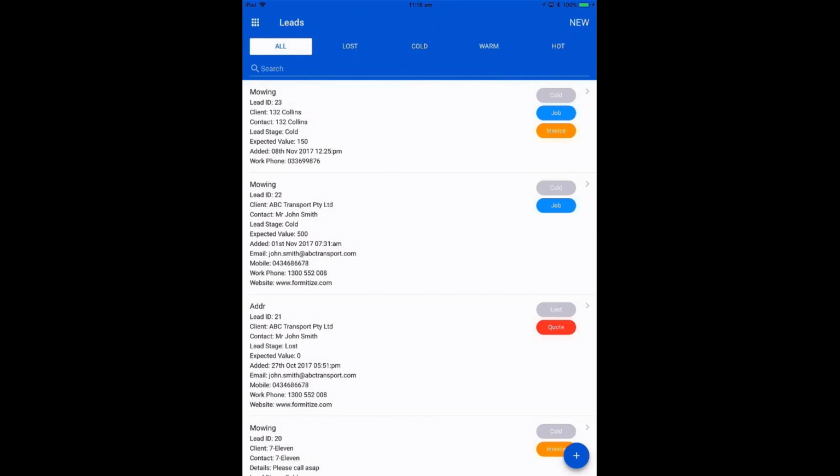So the traditional use of the pipeline is before it gets to quote stage. So you are warming this customer up to become either a quote or invoice. For one customer, they might also ask us to quote gardening down the track, or garden cleaning, or pressure washing, those sort of services. So at any time, you can create a new lead for an existing customer. But also in your quotes, when you go into the quote page,